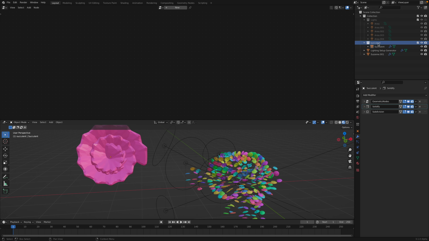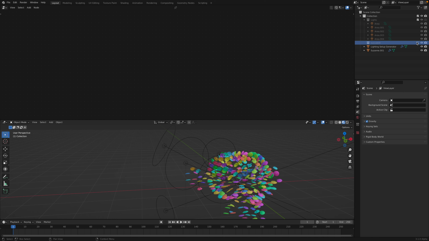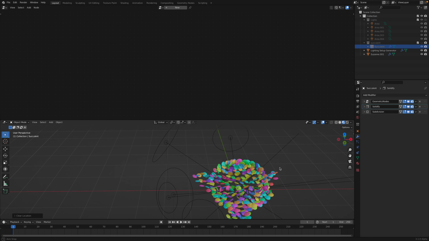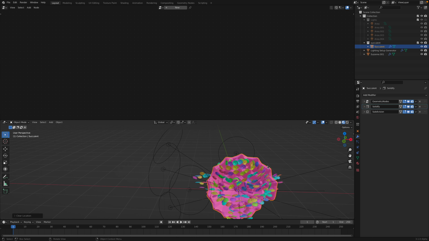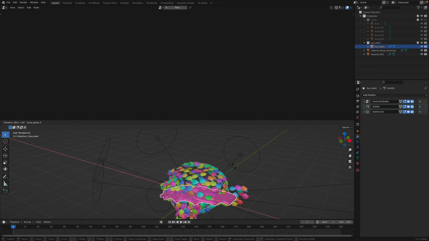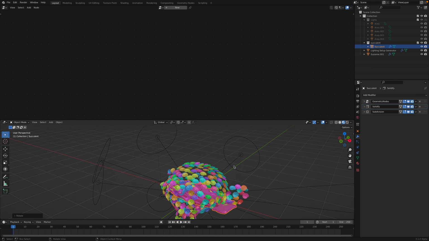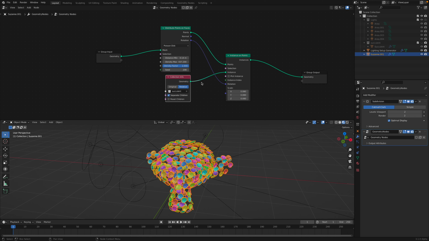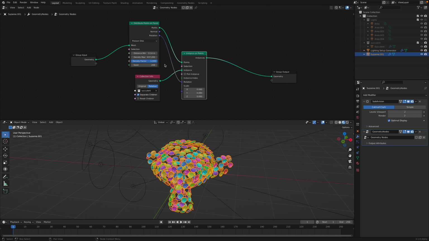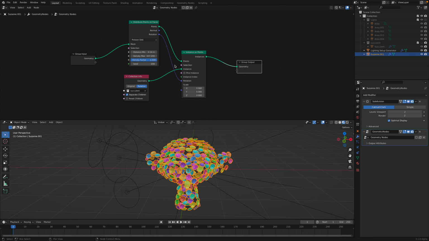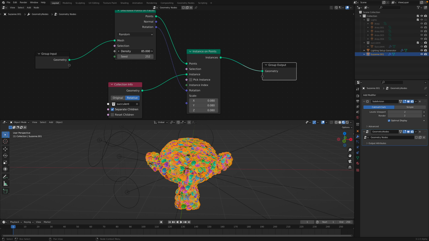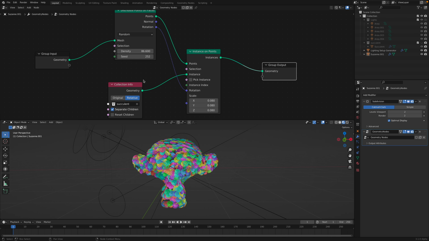I just put it inside this collection, and then I just need to reset the positions and hide it. So our flower, did I rotate this just now? I don't know. Well, anyway, hide the flower, go to Suzanne. Now I just simply use distribute points on faces. So this is like a super simple example, but you can see it's really powerful. Even using just the basic geometry nodes, it's really good for things like scattering stuff, you know, like